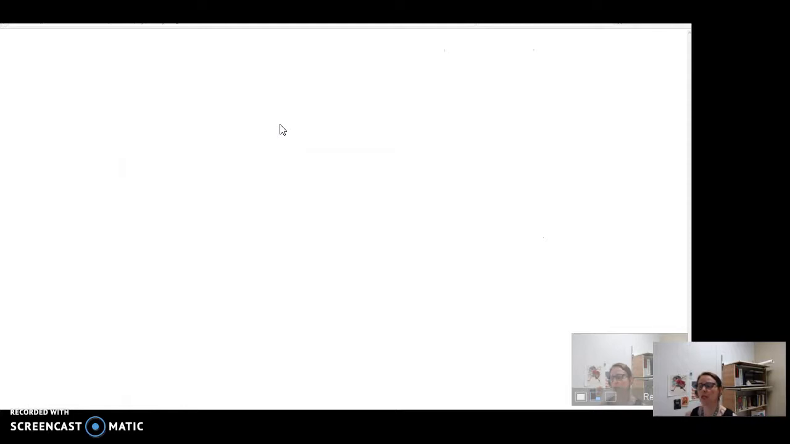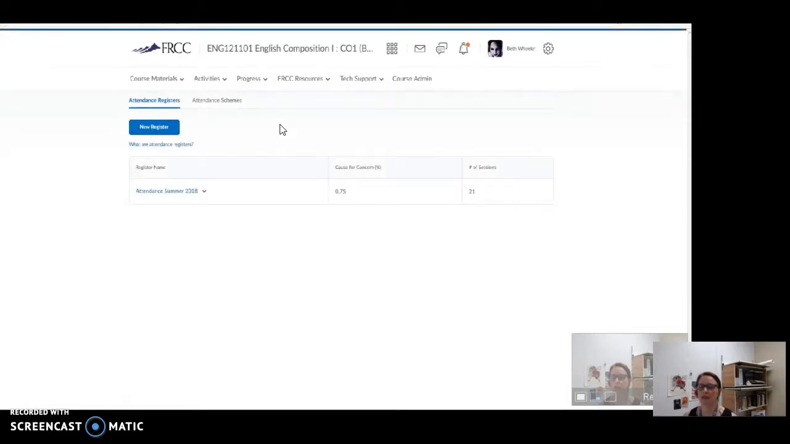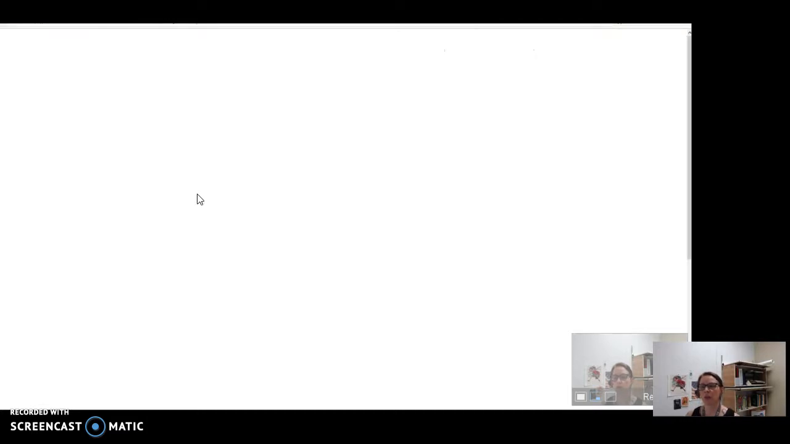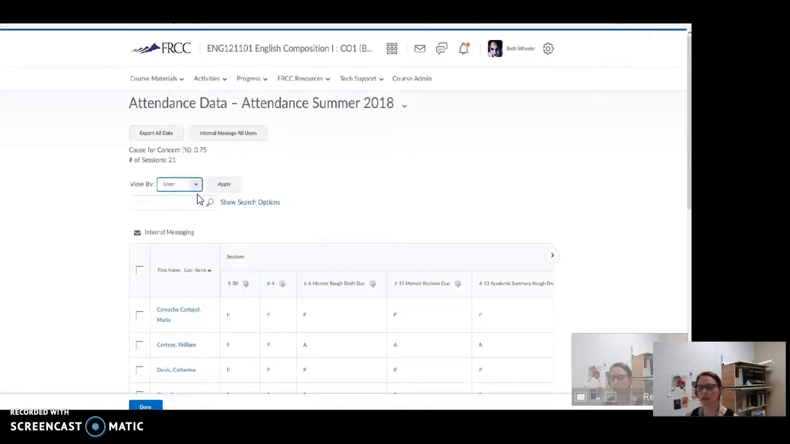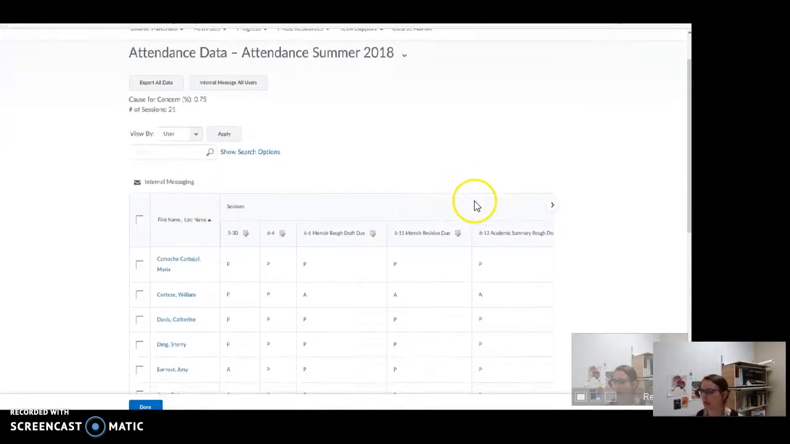So when you go to progress and then click on attendance, it brings you to this page, which in a new shell will be blank. You'll have to click on new register and then set it up. It will ask you for the name of the attendance register, and then it will give you several places for you to put the dates that students should attend. And at the very bottom of that, there's a way to add more lines if you need more lines to add more dates. When you click on the register after it's been created, it helps you to add those attendance records that you must maintain as